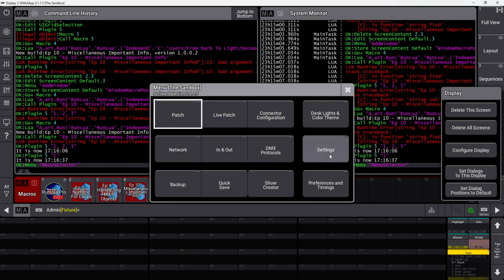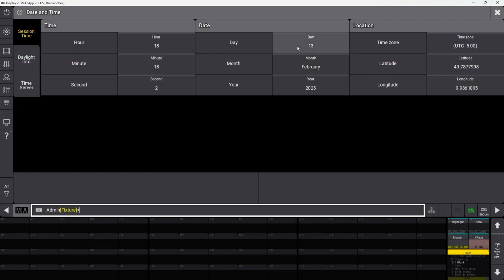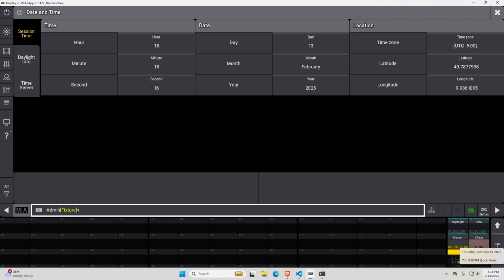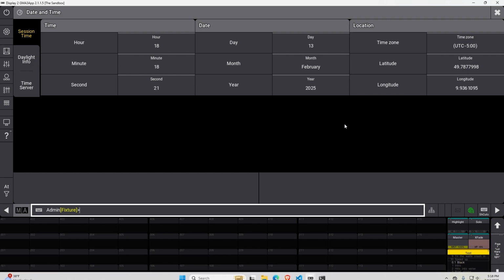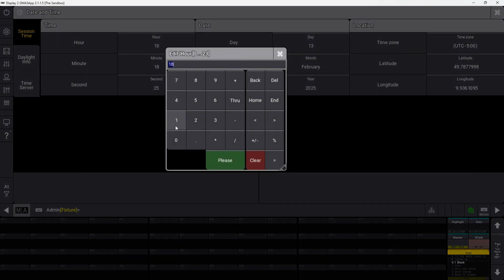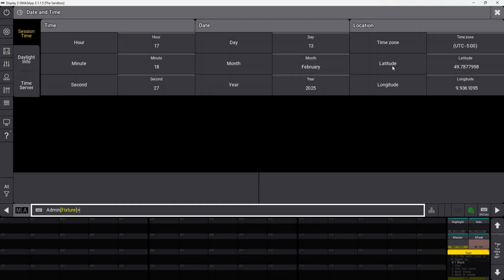So in here, we have date and time, and mine is pulling all of the necessary information from my operating system on my PC. That's very interesting because this is wrong, but it's pulling the correct time from my PC. It's not 18:18, it is 17:18. I'm going to change that. And again, on the PC, it works and it gets the right time no matter what.